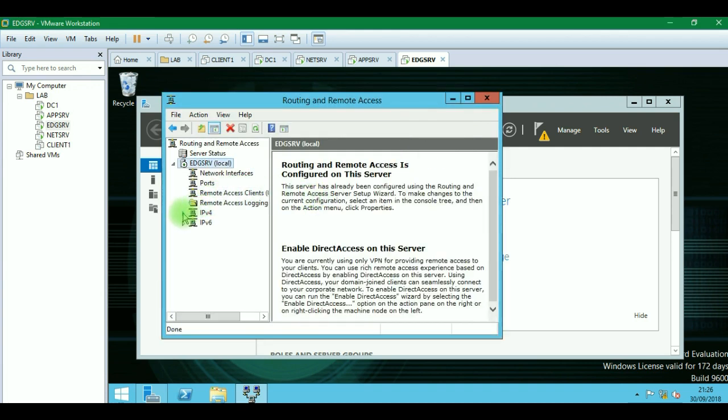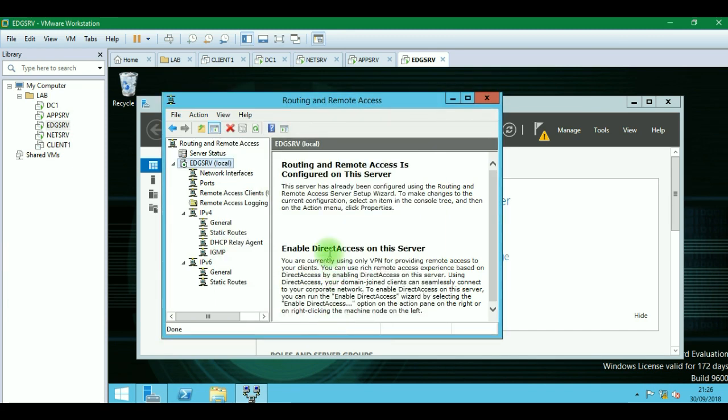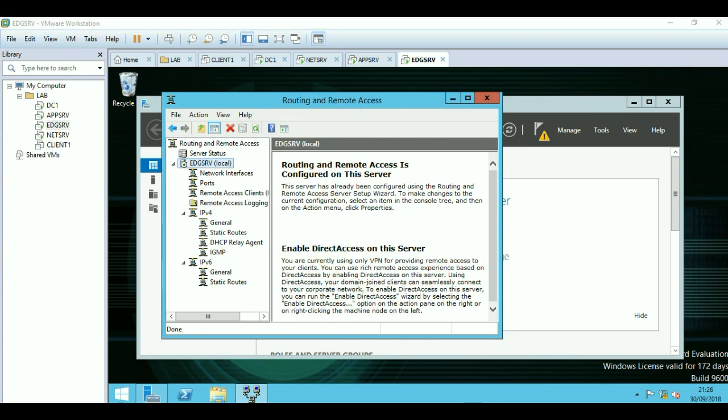Okay, so on the routing and remote access console, we right click the DHCP relay agent here and go to properties, and we're going to enter the IP address of our domain controller on DC1, which is 10.0.0.1. We're going to add this here. Okay, so we have successfully configured our DHCP relay here, and now if we go back over to client 1,